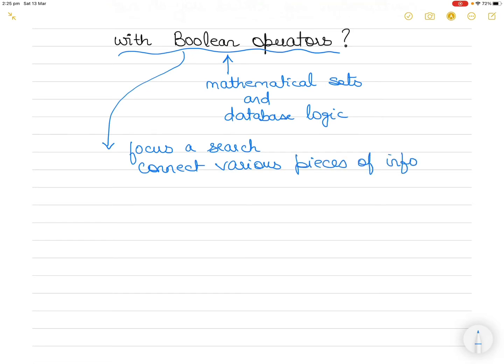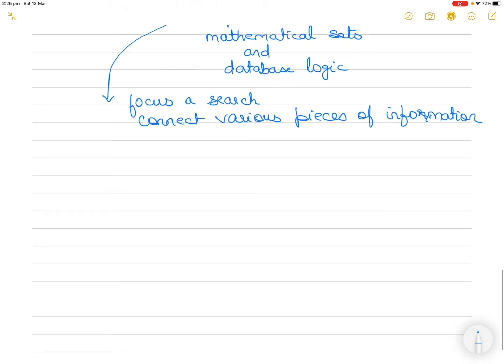So that all that information is there in the research paper that you have searched for. There are a few different Boolean operators. I will show you the most important ones, with three examples of using them.